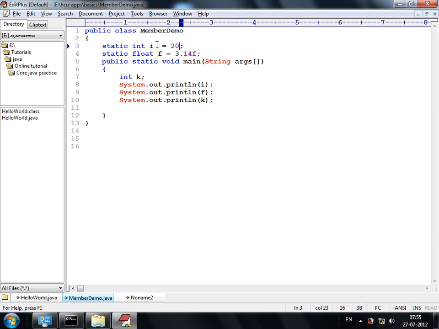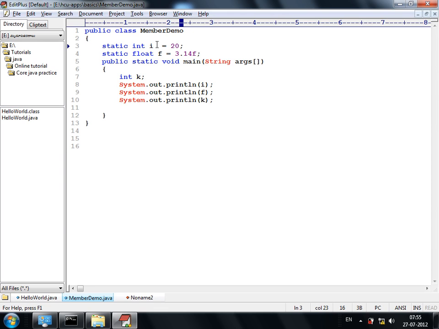Okay? The variable might be an attribute or the variable might be a local variable. The variable is called an attribute when it is there in the entity. The variable is said to be a local variable if it is there in the executable block. So, whatever the variable it might be, either an attribute or a local variable, if we are